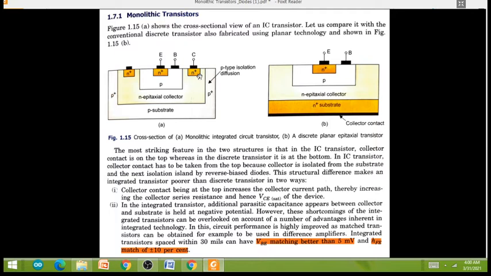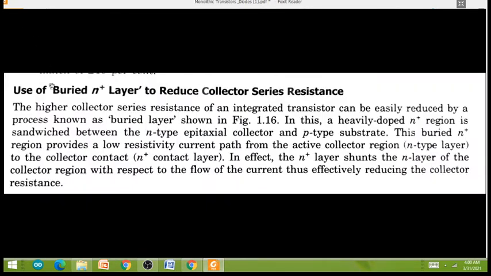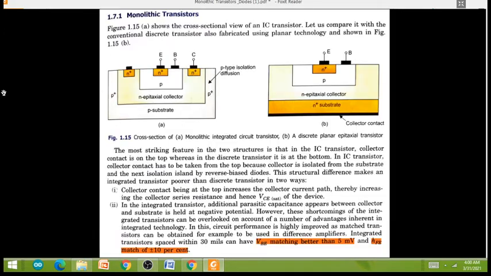So that is, you can bury an n plus layer within your IC transistor. So यहाँ पे अगर कोई एक बरीड लेयर आप इंट्रोड्यूस कर दो तो it looks like your discrete transistor. ये डिस्क्रीट ट्रांजिस्टर है, ये आईसी का ट्रांजिस्टर है। डिस्क्रीट ट्रांजिस्टर में नीचे एक एन प्लस सबस्ट्रेट दिया ही होता है, और उसके बाद कलेक्टर कॉन्टेक्ट आता है, ठीक है। तो यहाँ से ही कलेक्टर आप ले लोगे, एपिटेक्शियल के लिए, और यहाँ से बेस और